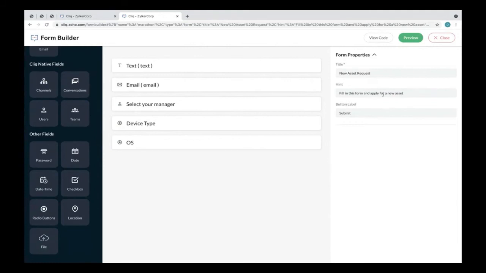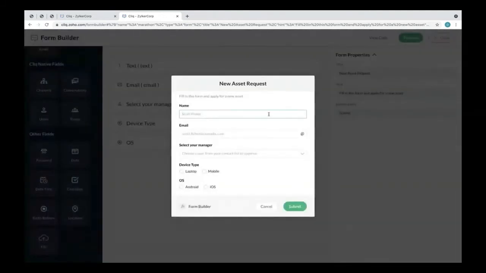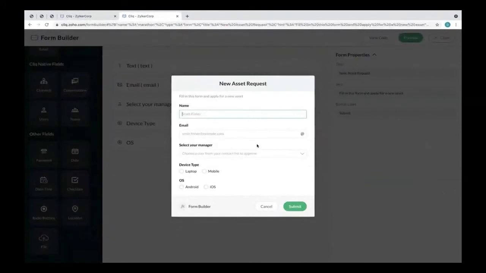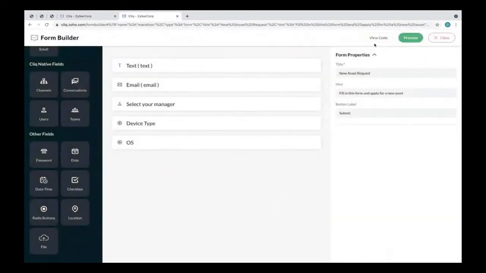We have filled in the form details too. So let's quickly click on the preview button to see the form. So this is what you saw here, right? So it's exactly similar to what you saw in the demo. So this form is ready now. So we can make modifications to this form if needed.